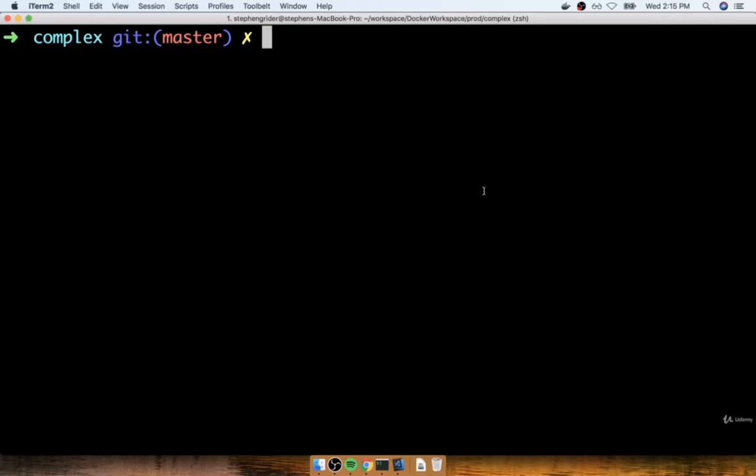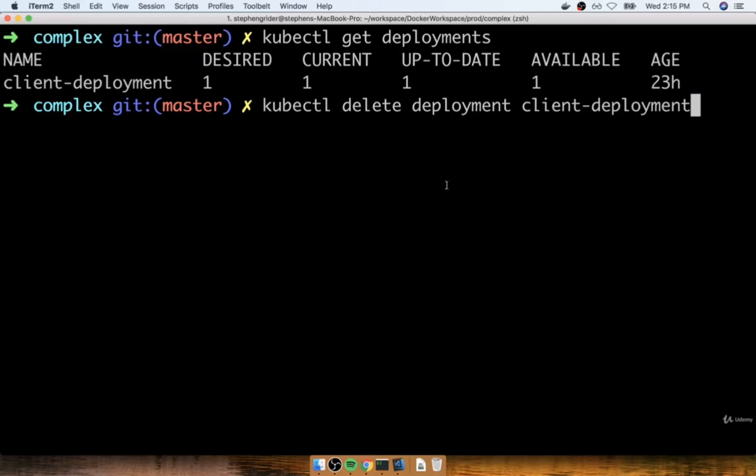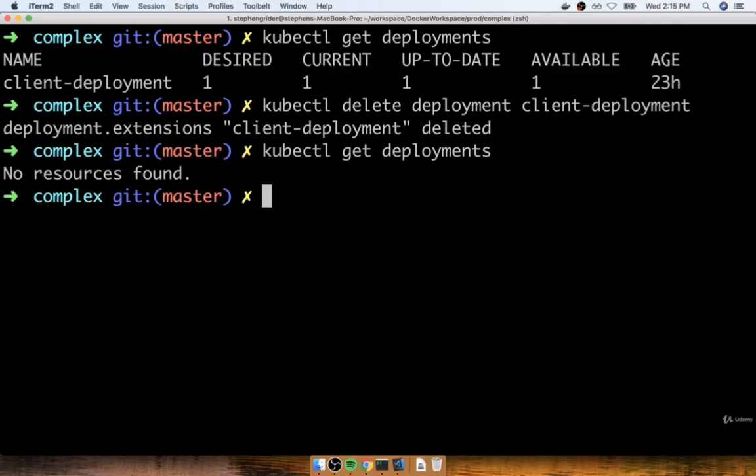So to delete the old deployment, I'm going to list it out with kubectl get deployments, and then I will delete it with kubectl delete deployment client-deployment. There we go. Again, we list out delete, the type of object we want to delete, and then the name of the thing that we want to delete. So I'll run that. Now I can do a kubectl get deployments and node resource